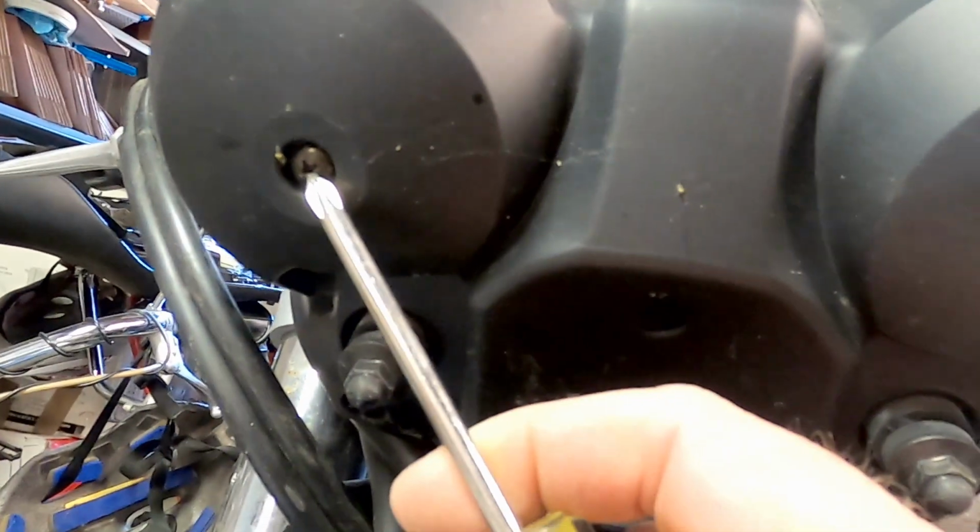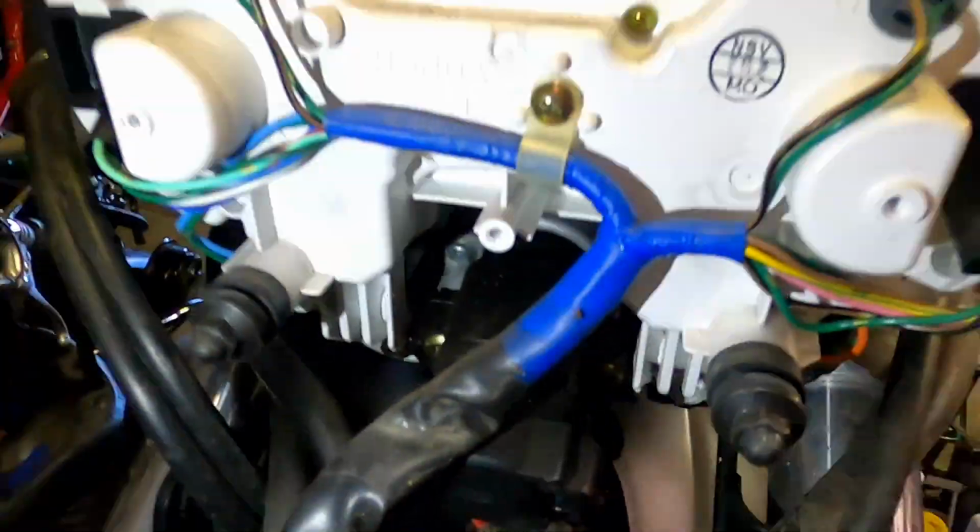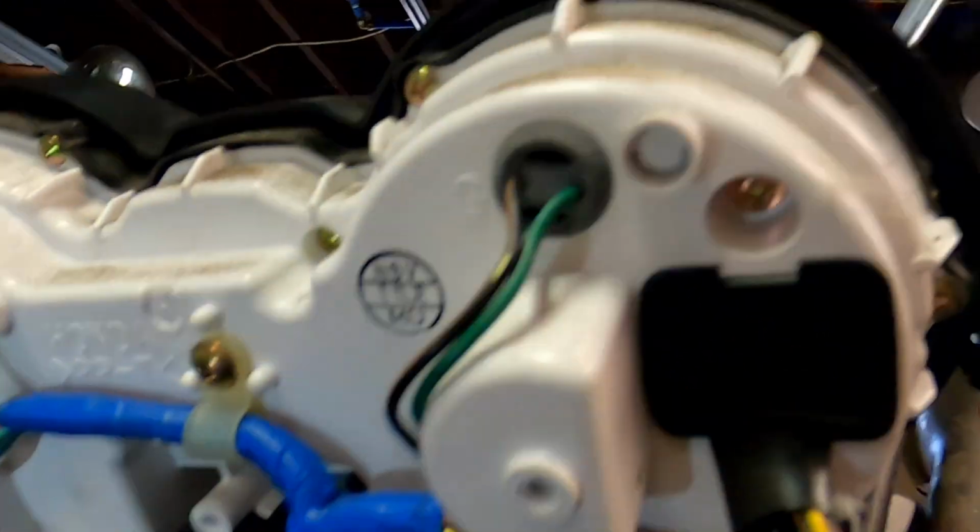Okay, next you have 3 Phillips head screws to remove, and then 2 in the lower corners. Okay, so if you want to remove the instrument cluster, underneath there's a 10 millimeter nut on each side. So you want to remove those